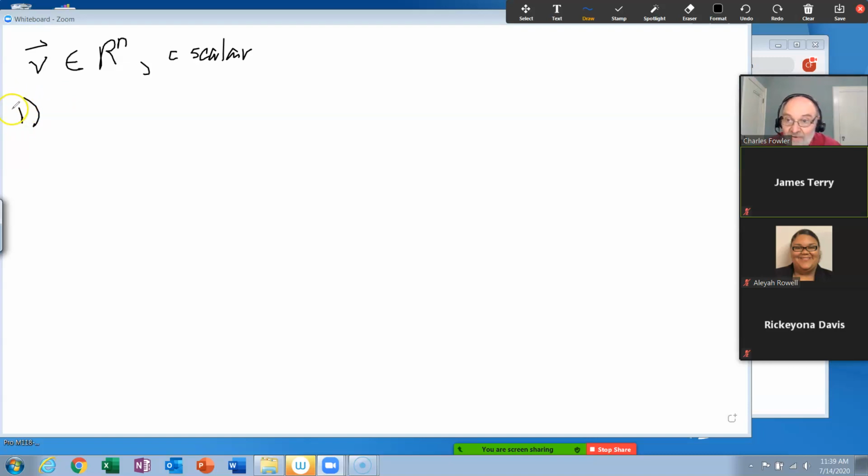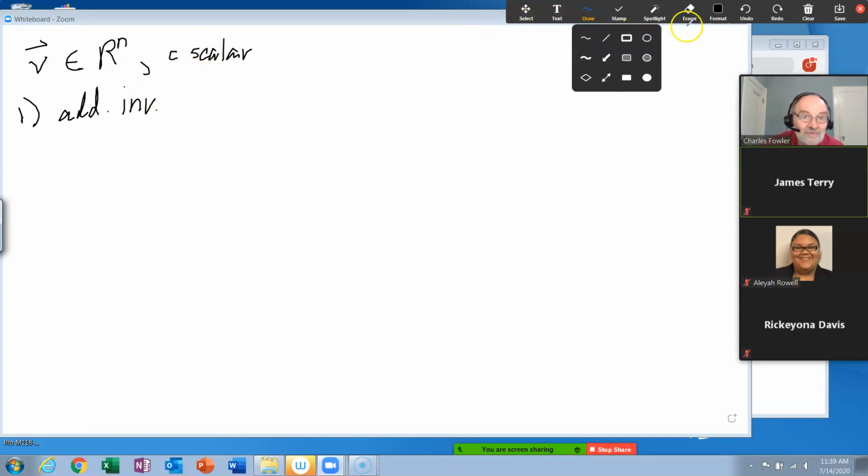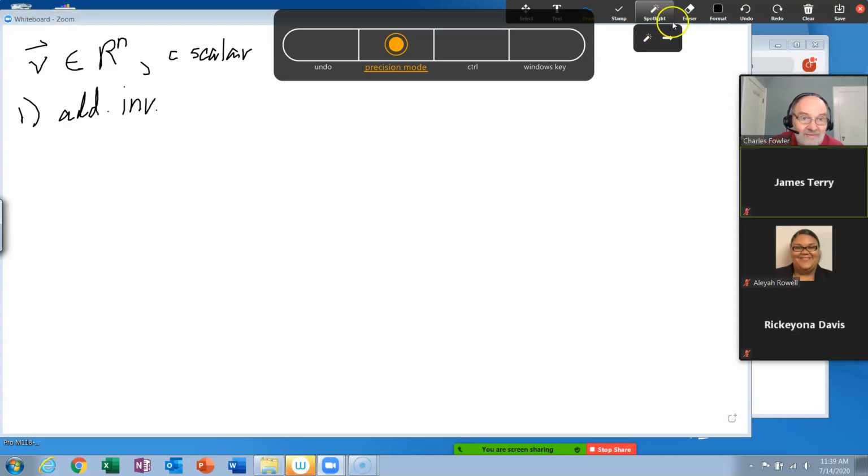The additive inverse is unique. I'm going to abbreviate like crazy. Now this has nothing to do with a matrix inverse. That's not what we're talking about. That's the thing of minus the vector. So if V is a vector, its additive inverse is minus V. That additive identity is unique. I'm sorry, I said it wrong. This is the additive identity. So let me erase that. I was jumping down to the next one. Sorry.